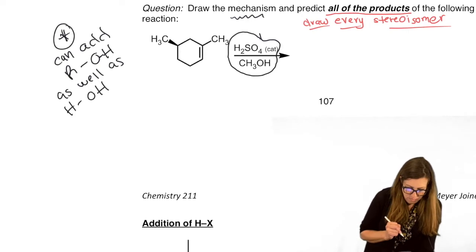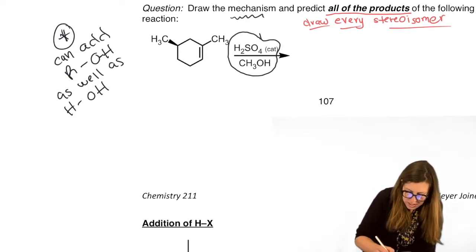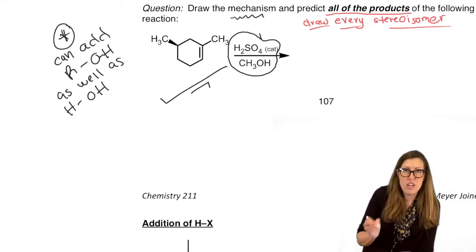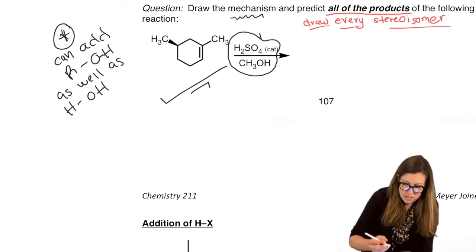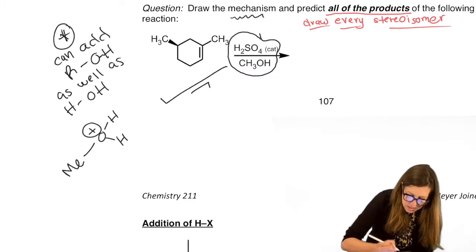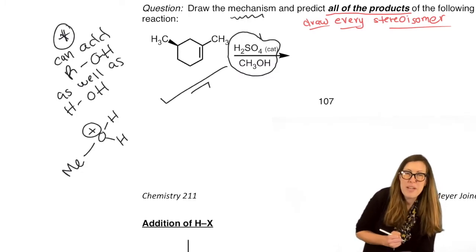All right. So the best way to think about that is to remember that these two things together, sulfuric acid and methanol, or any alcohol, ethanol, other alcohols, the equilibrium would favor the protonated alcohol. So just like it favors the protonated water, instead we have our R group here, Me. This is our dominant acid now. We use that in the mechanism.